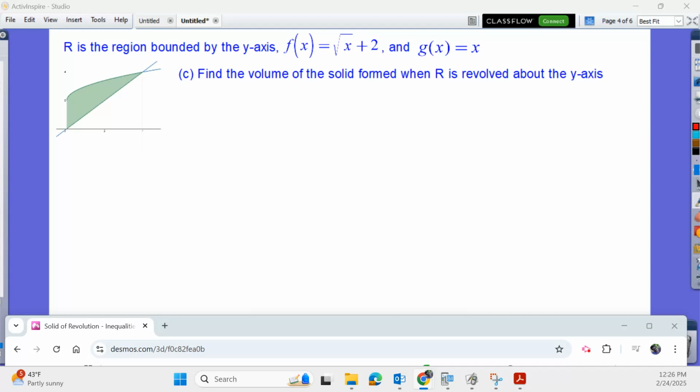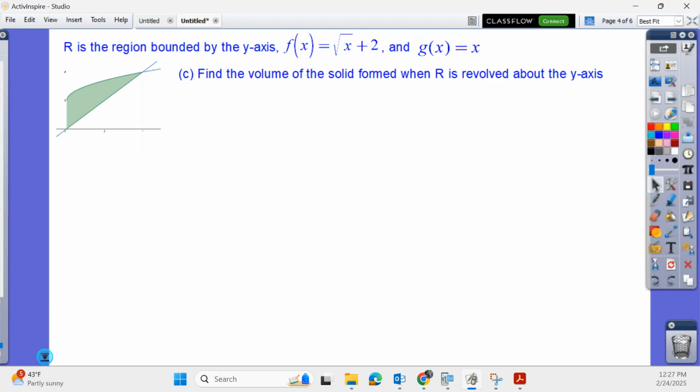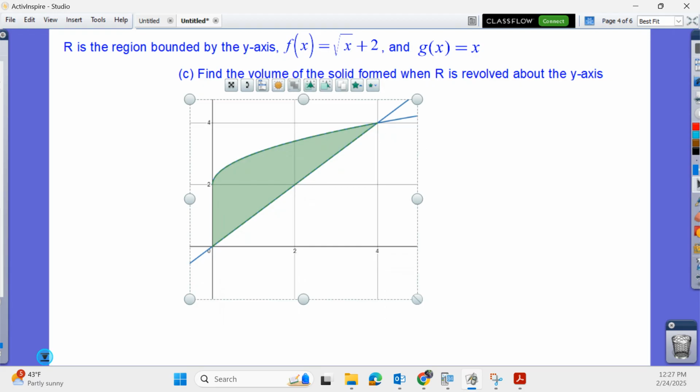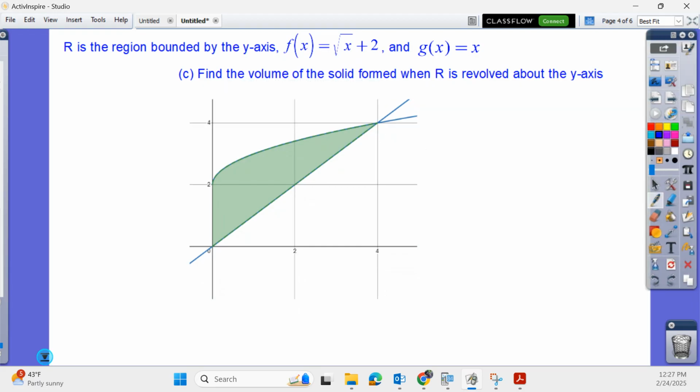Okay, on to part C of this problem, where we're going to revolve this solid about the y-axis. So again, first thing we want to do is think about what that means. We're going to take this region R, highlighted in green here, and we're revolving it sideways now about the y-axis. And so now